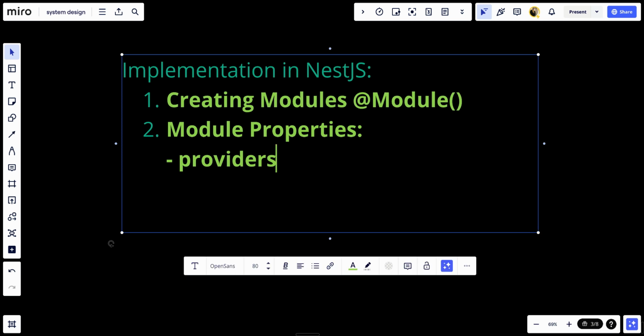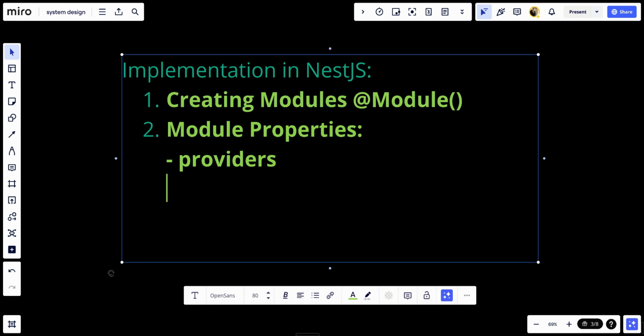Second, we want to talk about controllers. The controllers are an array of controllers that should be